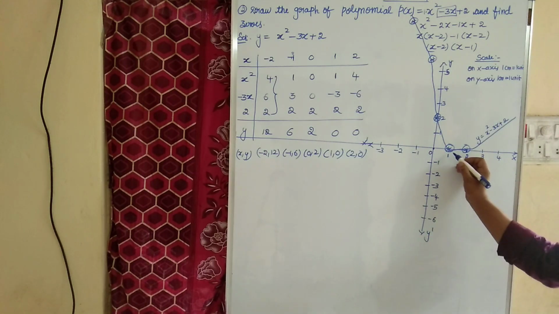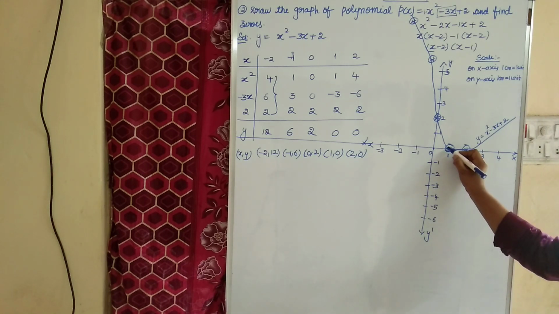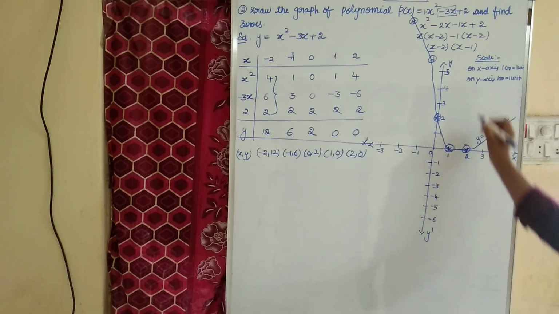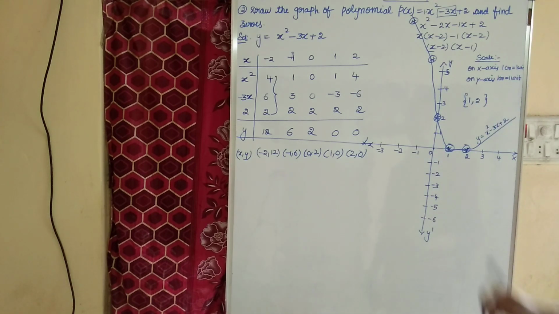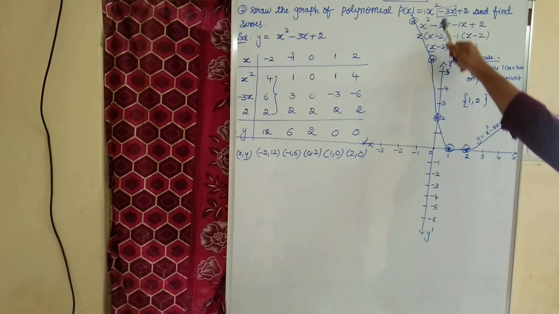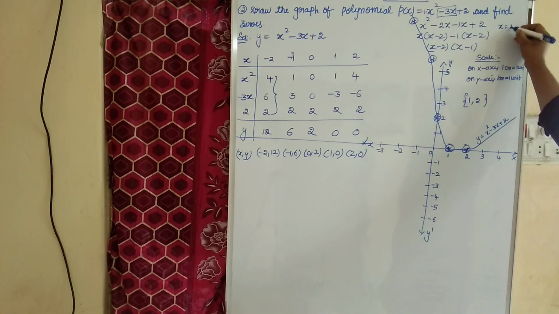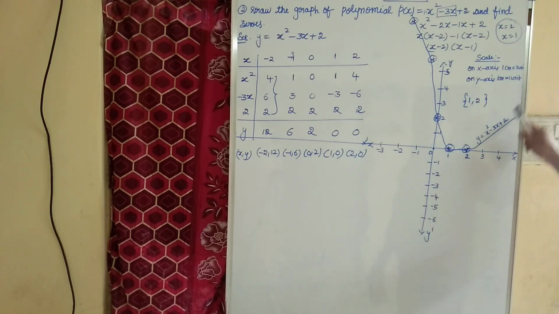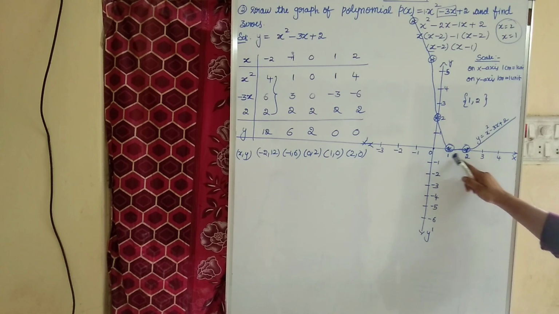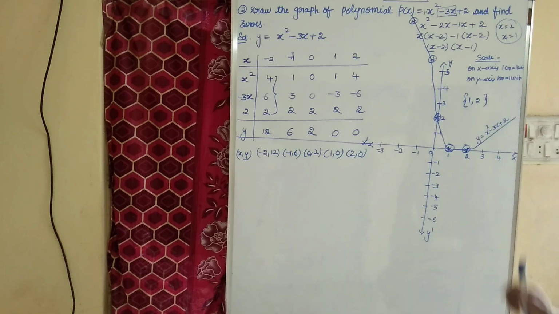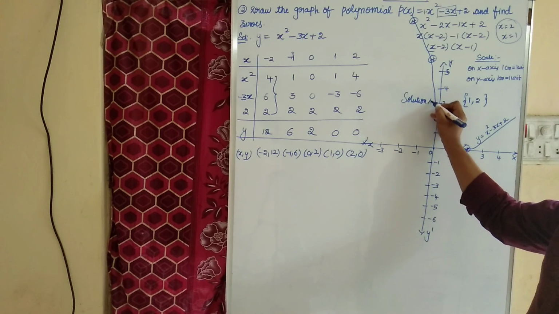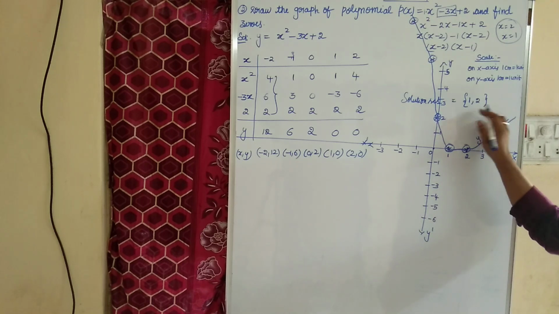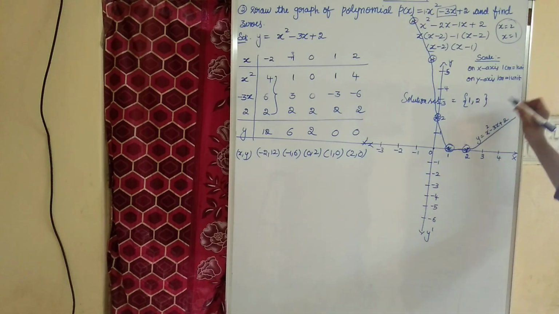Here, where this graph intersects the x-axis, it has intersected the x-axis at points 1 comma 2. So what are the zeros of the polynomial? The zeros of the polynomial are 1 comma 2. Even though we need to verify this, as we verified here, we got one is x equal to 2 and the other one is x equal to 1. This graph is intersecting the x-axis at points 1 and 2. They are called zeros of the polynomial. So you have to write here the solution set. Solution set equal to bracket open 1 comma 2. If you don't write this, you will lose 1 mark.